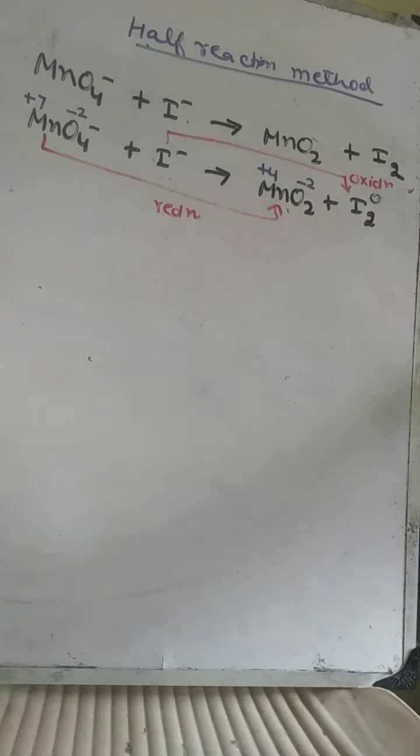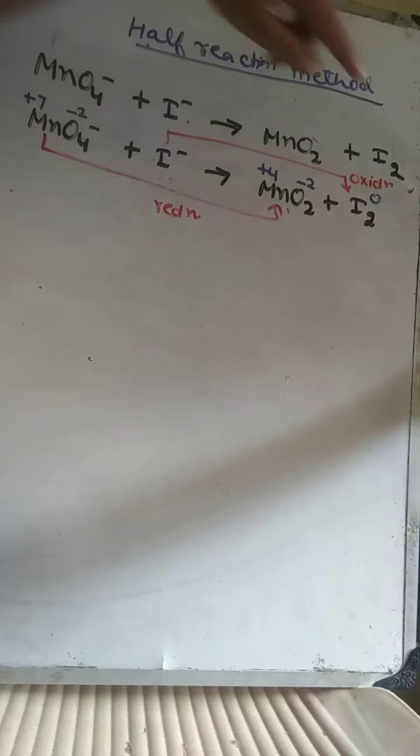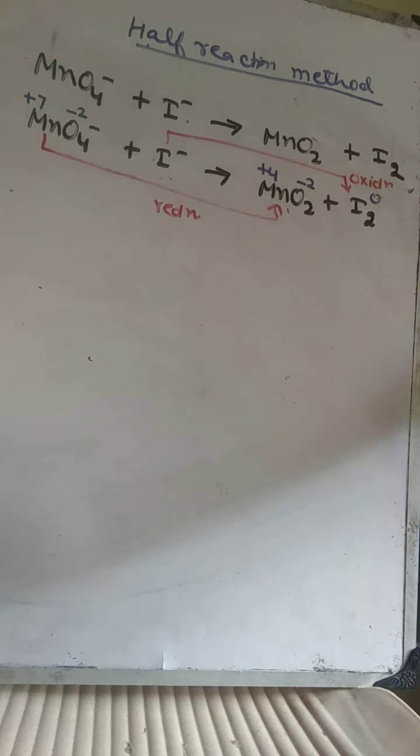Second method we have to balance a given chemical equation is called half reaction method. This method is somewhat similar to our oxidation number method. Up to you write the skeleton equation, find out the oxidation number of everything, figure out who is undergoing reduction, who is undergoing oxidation. Up to this, both things are same. In fact, after that also they are not that much different.